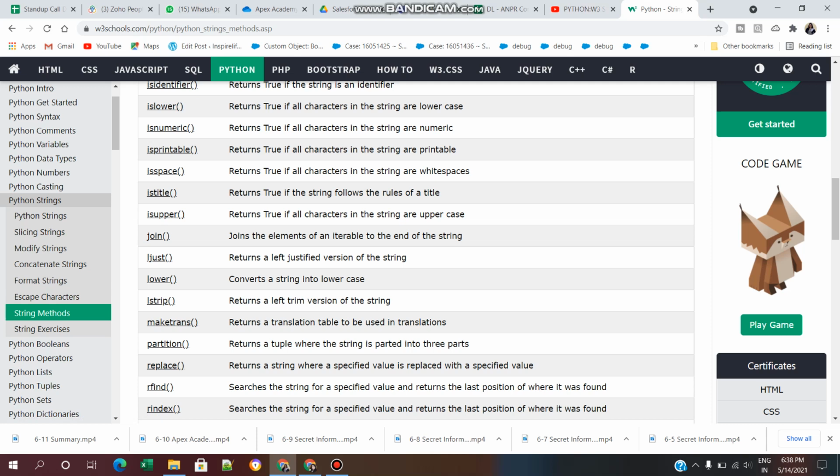The lower method converts a string into lowercase. Lstrip, where L means left, returns a left trim version of the string. Maketrans returns a translation table to be used in translations. Partition returns a tuple where the string is parted into three parts.